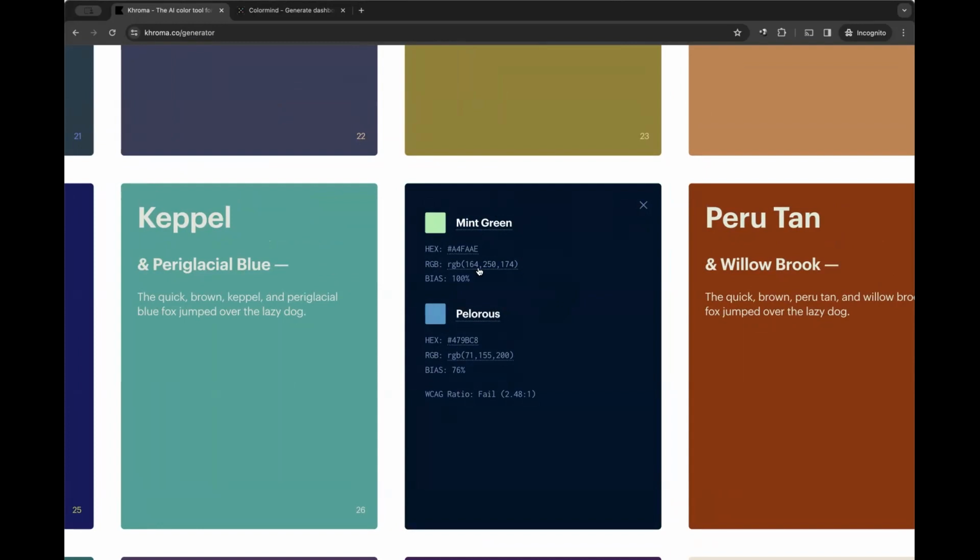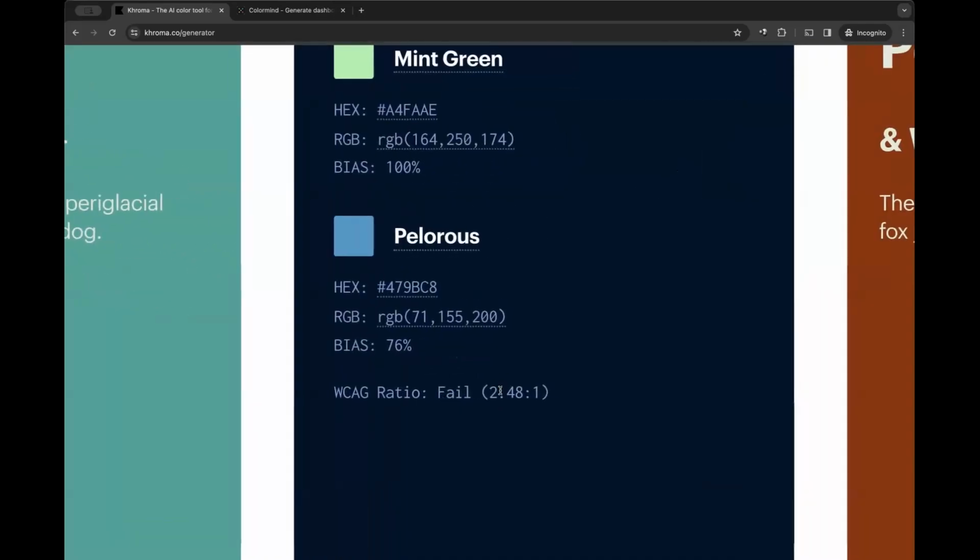There are so many colors in the world that I cannot even begin to understand everything. So what it does is, this mint green is a good color on its own. It has 100%, right? And this other color, not so sharp, not so good, and you can see the score is 76%, right? And then you can see this ratio, it means fail. And what that means is this is not a good match. So instantly you can know that I don't want to use it. Where's the ratio? WCAG. Okay. Yes, it's a fail.